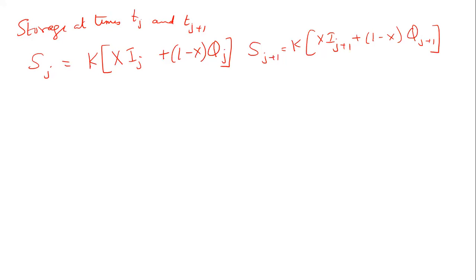And as before, we can simply write this Sj plus 1 minus Sj. What is that? That's simply the change of storage in the channel reach between two time steps j and j plus 1, right? So Sj plus 1 minus Sj, if you assemble the terms carefully, then you will get